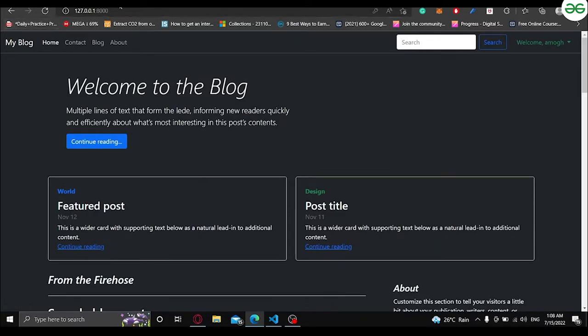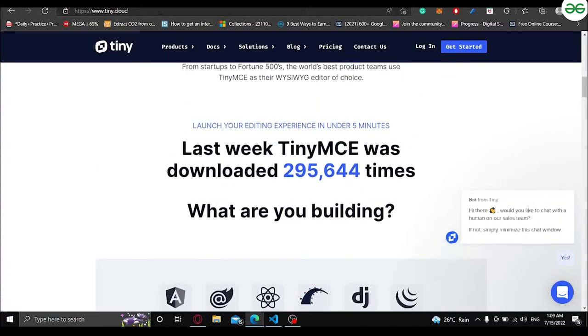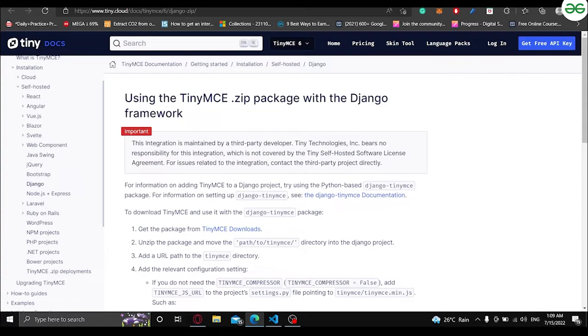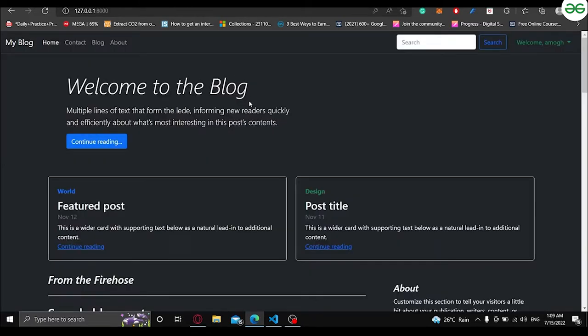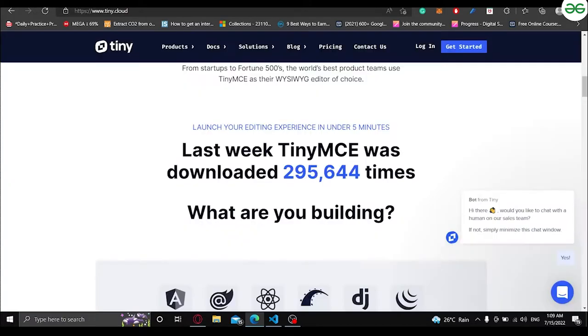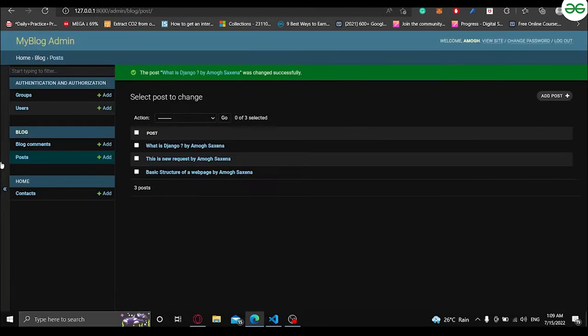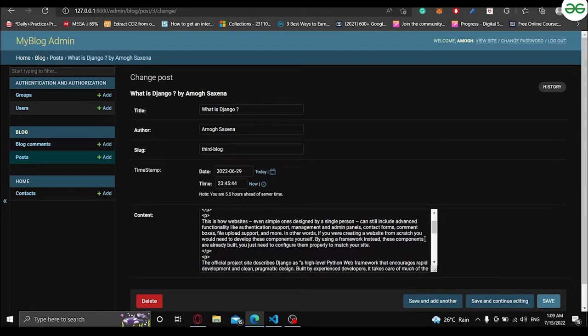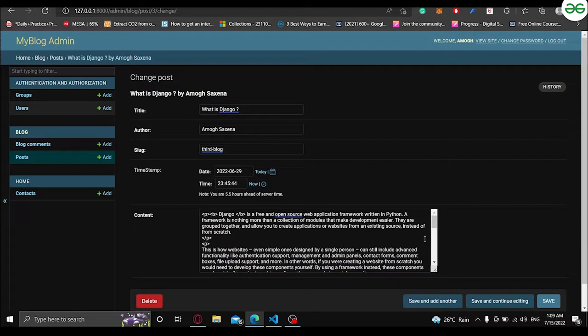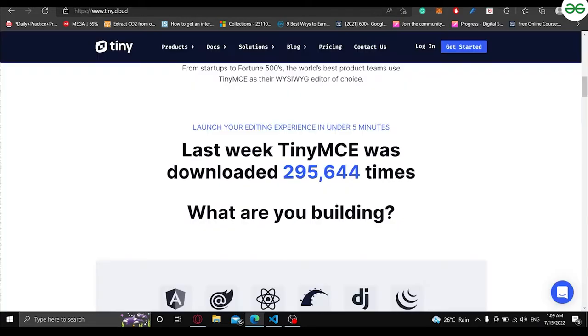right? Now the main thing for today's video will be this TinyMCE rich text editor. Now what is this TinyMCE editor? The use of this editor is, if you're creating a website for a person who is not into coding and stuff, when that person is creating a blog, obviously he can't add tags like that or simply implement things like that, right? So just to deal with that, we will be using this TinyMCE editor because let me show you,